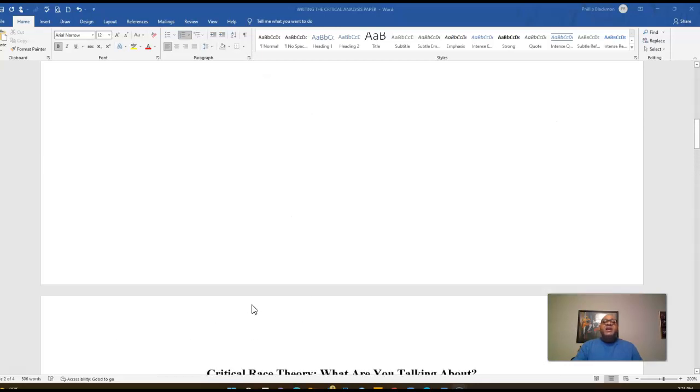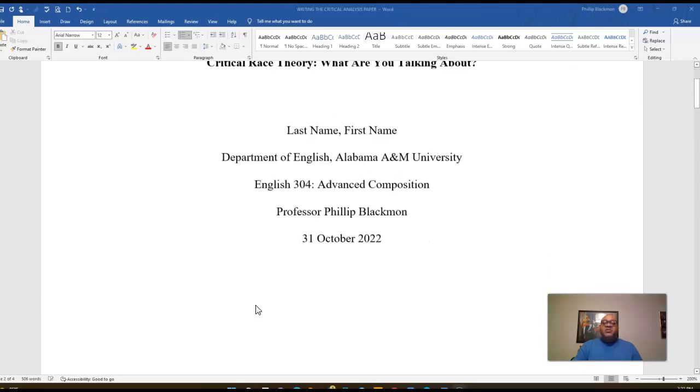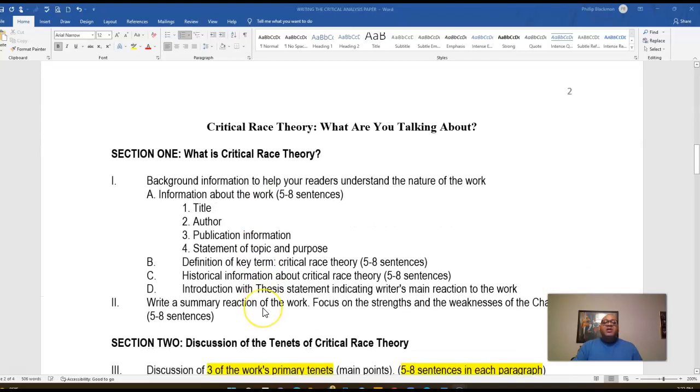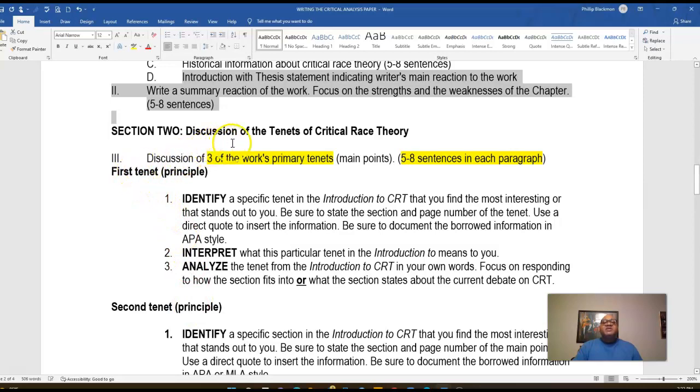On day one, you formatted the title page for the paper in APA format. You copied over all of your instructions from the topic and guidelines. You wrote section one, 4 paragraphs in this section. First paragraph has information about the work, the title, the author, the publication. You wrote a paragraph of definition, a paragraph of history, and you should have combined D and Roman numeral number 2 into one paragraph. So now I want to talk to you about section 2, the discussion of the tenets